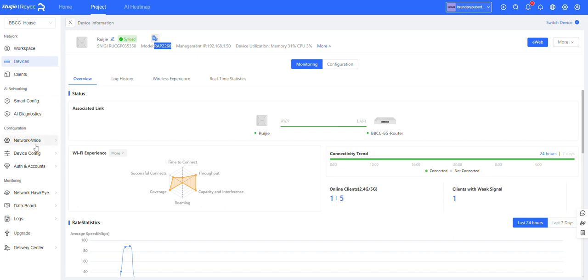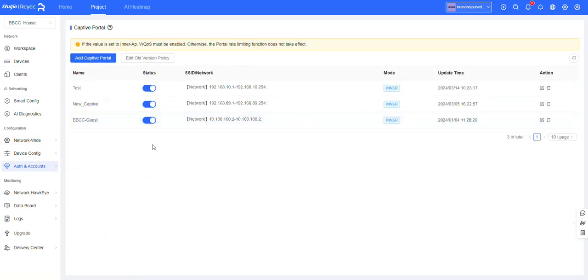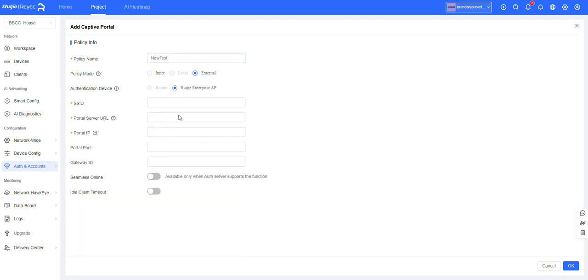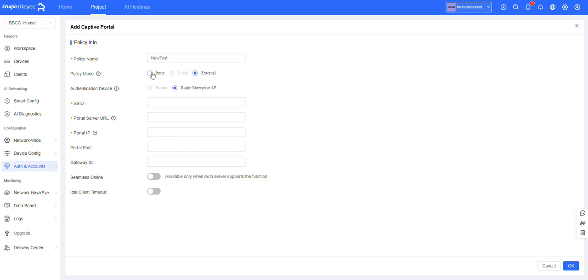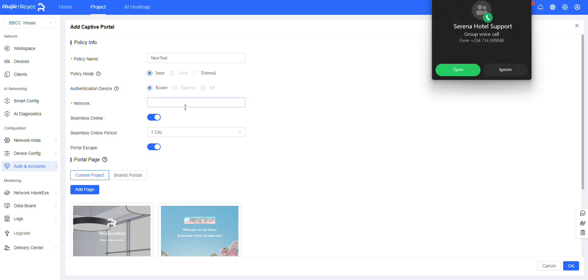So how you set it up is you go to Accounts, Captive Portal. Under Captive Portal, you see I have a few that I've already done, but you can click Add Captive Portal. Then you say a policy name. Then you can say internal or external. So external means you're pointing it to a different customer, or a different provider, a third-party provider. Internal means that you are doing the Captive portal, or the cloud will do the Captive portal,